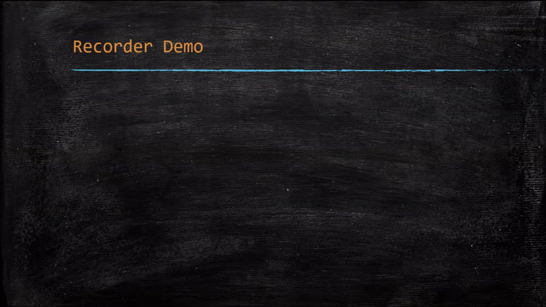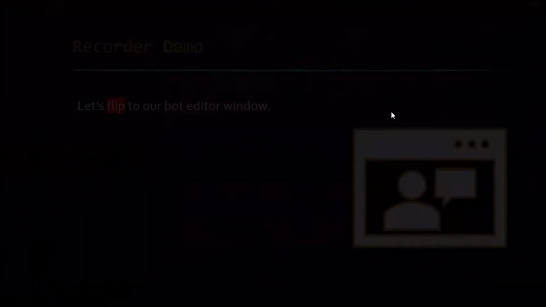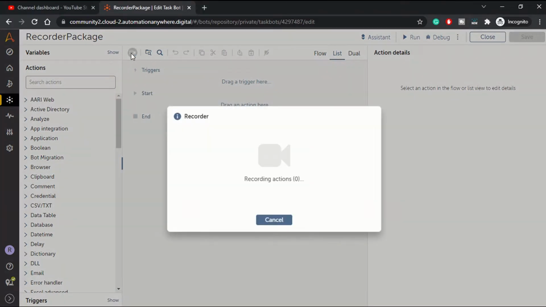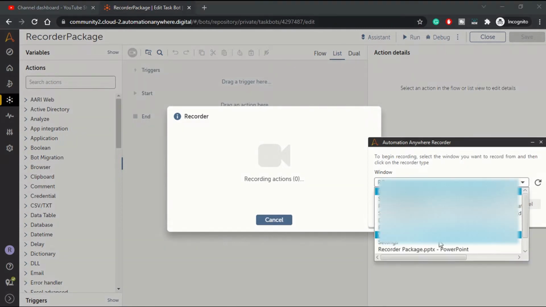So now it's time to proceed with a demo. Let's flip to our bot editor window. Here I have created one task, recorder package, and in this we will be seeing how we can use the recorder package, or rather the recorder. Here you can start recording by clicking on this icon or Control Shift R on your keyboard. So let's click, and from the available list of windows in the drop down, we can use